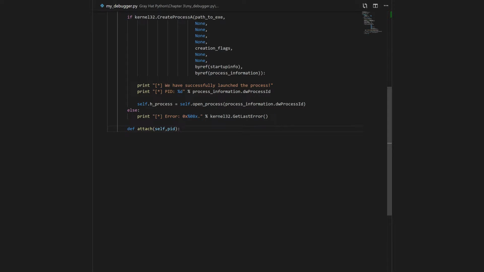And then self dot. I did not do the one that was above that because we definitely needed to open the process before we can do that. So then self, and then